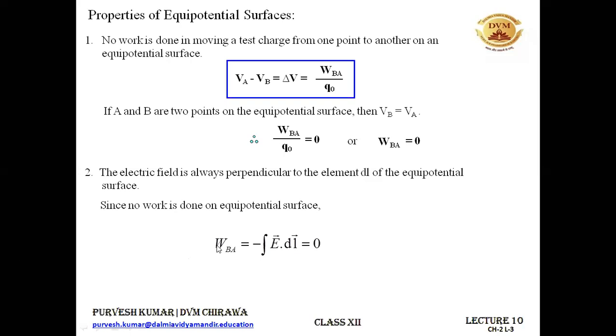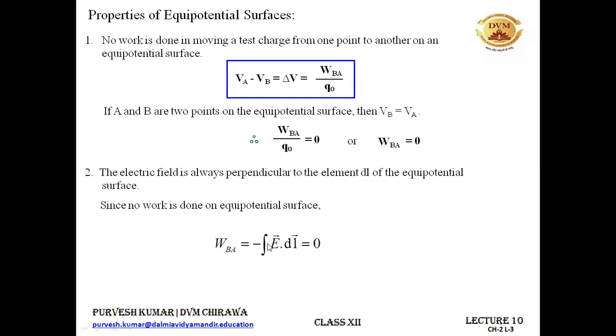Then we have used this formula that the work done to move a charge from point B to A is equal to the integral of F dot dl. And in place of F, you can write Q into E, and the value of Q, let's suppose, is that we are moving a unit charge. That's why it comes out to be E dot dl. Okay. If someone is having a problem here, please ask. Okay, I'm stopping a bit. Please ask. So this is the formula to move a unit charge from point B to A.